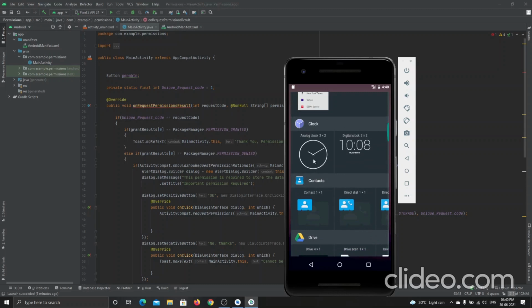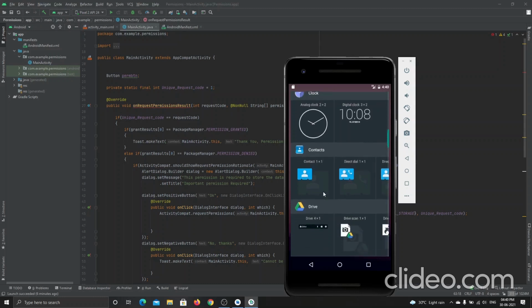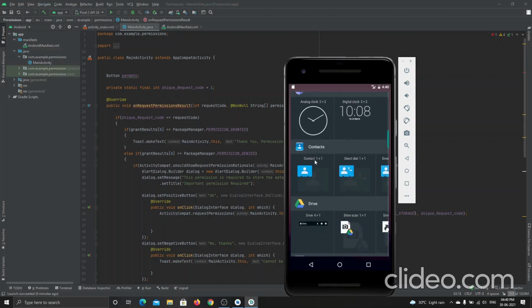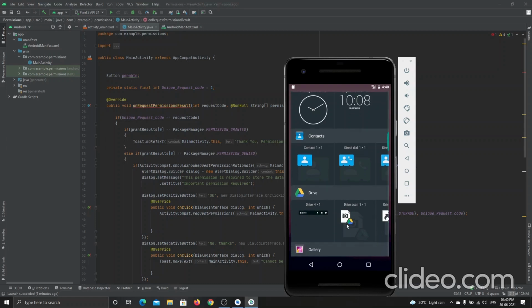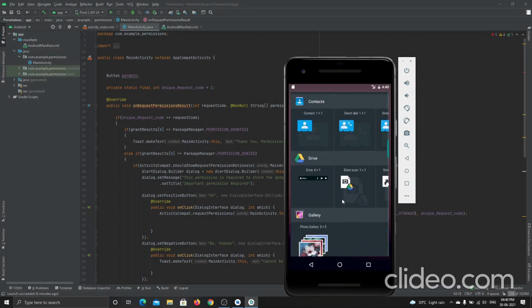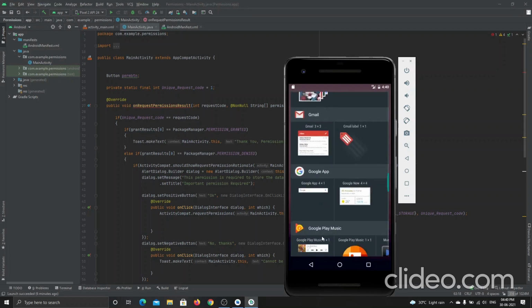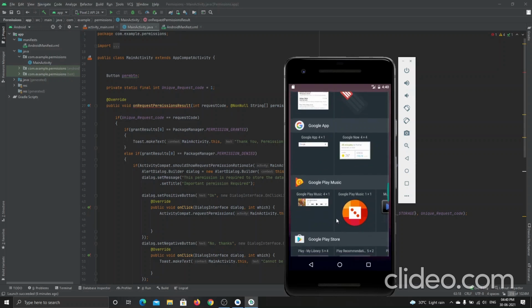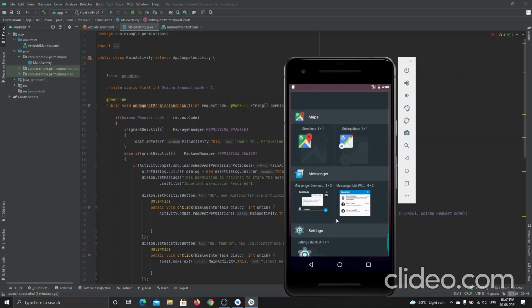It's nothing but a small type of information provider related to an application, placed inside the home screen. We can directly access it from the home screen itself without opening the application. This is how it looks, and I will give you a simple example of how to build this type of widget now. Let's see how to build it.